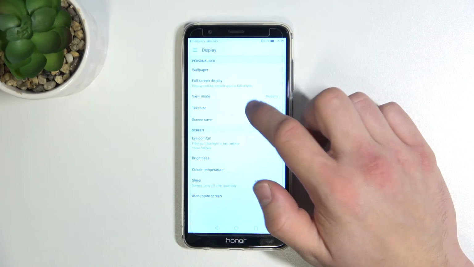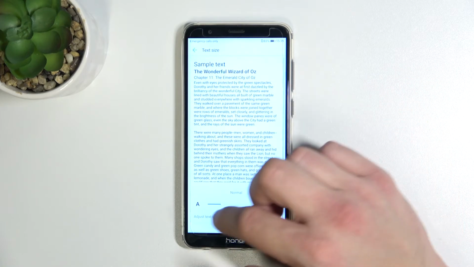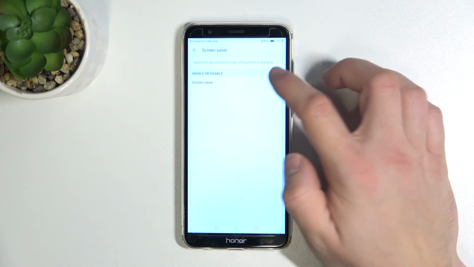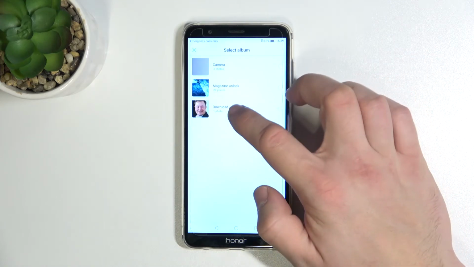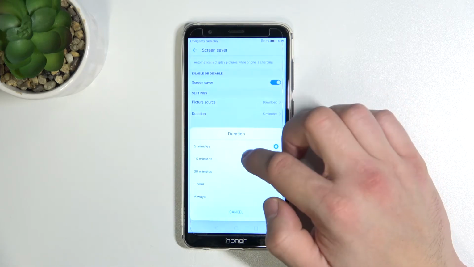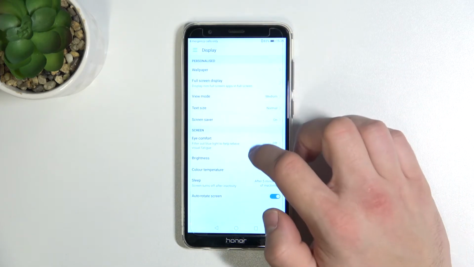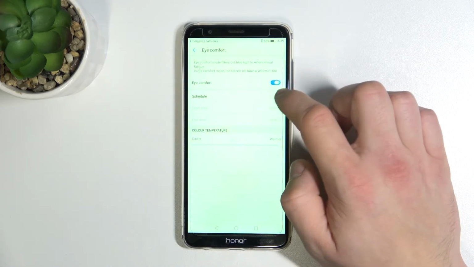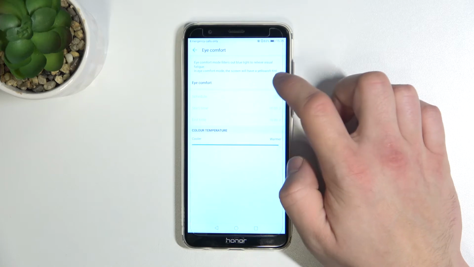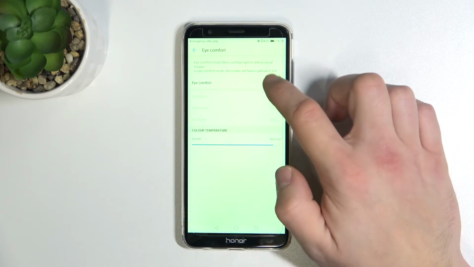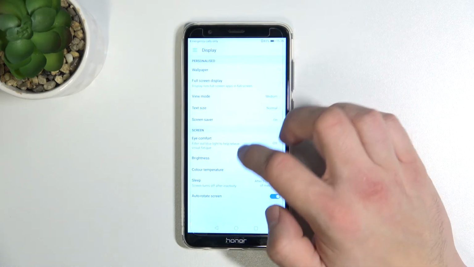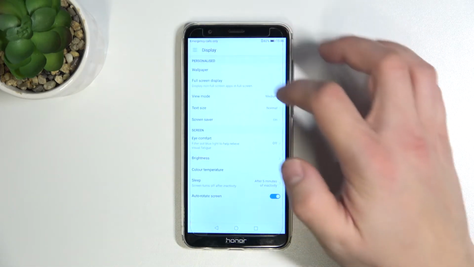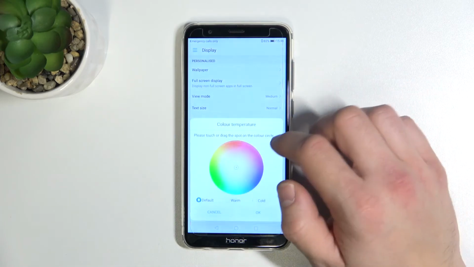Next, we can change text size, set screensaver, enable eye comfort mode and schedule it, change brightness of our display, change color temperature,